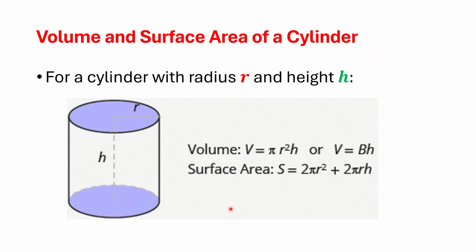And the surface area is just the sum of the two parts here. We have pi r squared, the area of the base and the top. Since they have the same area, that is circular, the formula for the area of a circle is pi r squared, and there are two of them, the top and the bottom. That's why we have here 2 times the area, which is pi r squared. Then plus,